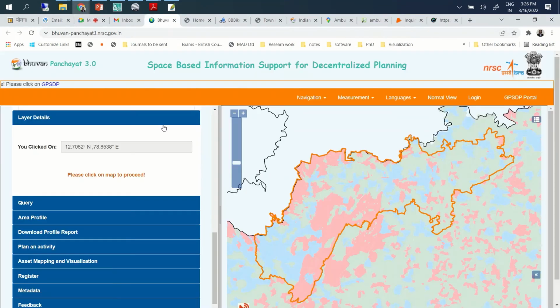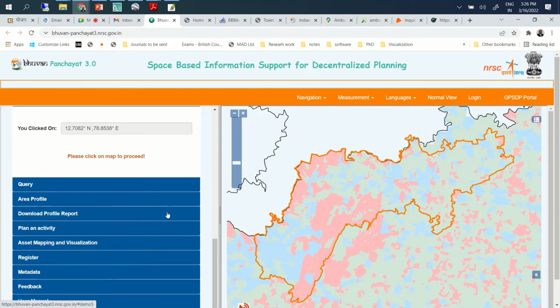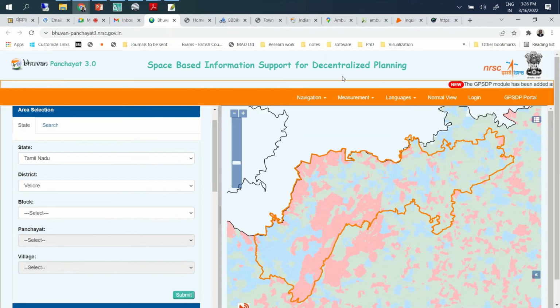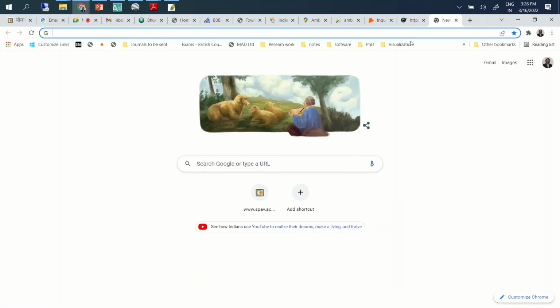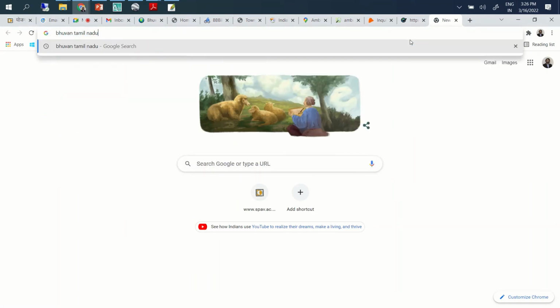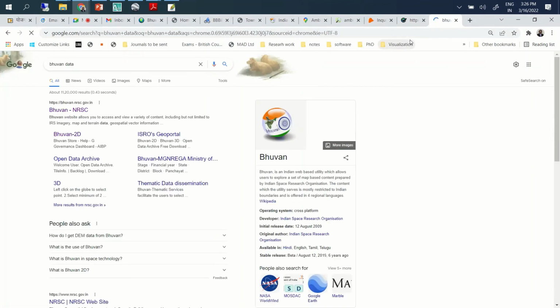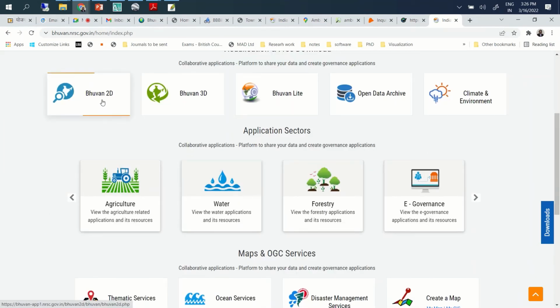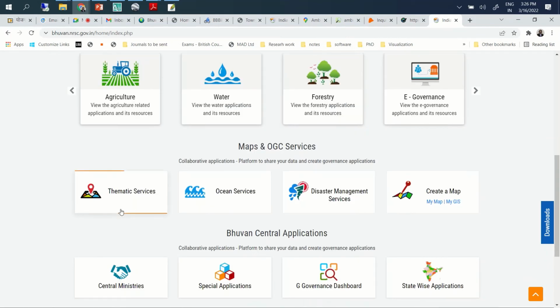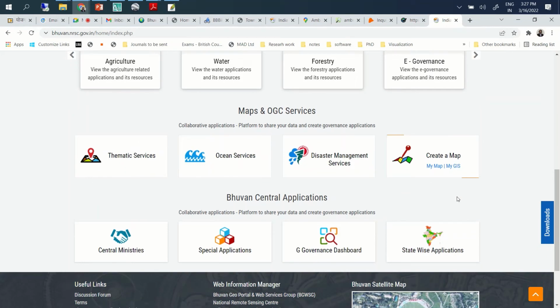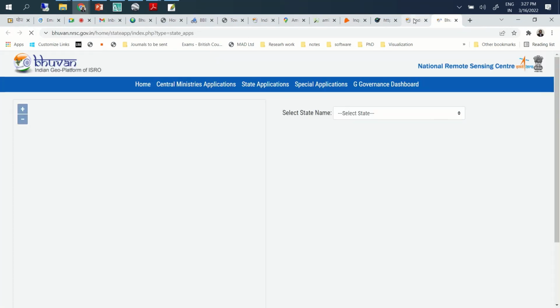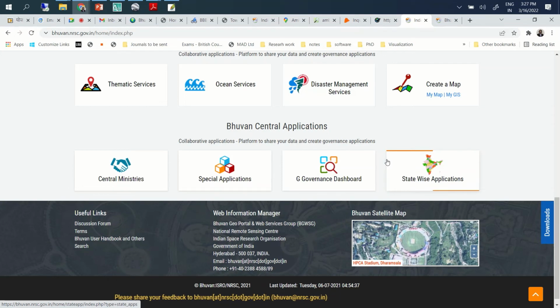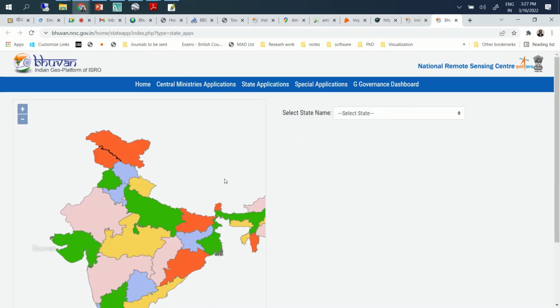I was saying in the Bhuvan website, there is certain information as well. Somebody has to explore this. You go to the Bhuvan website; there are so many things actually. There is thematic information and specific information also. You have to explore this tool because some of the data will be readily available, which can be taken.